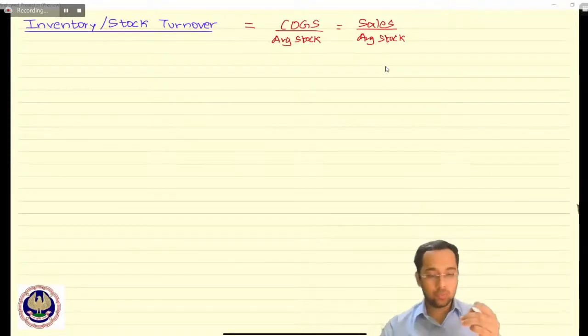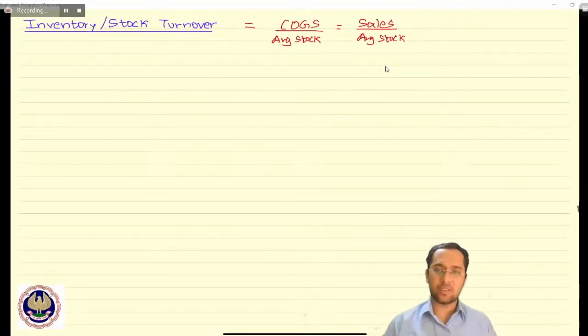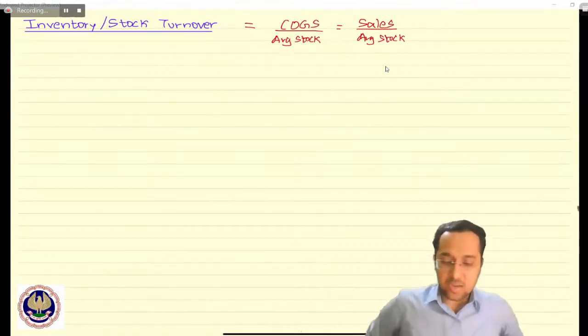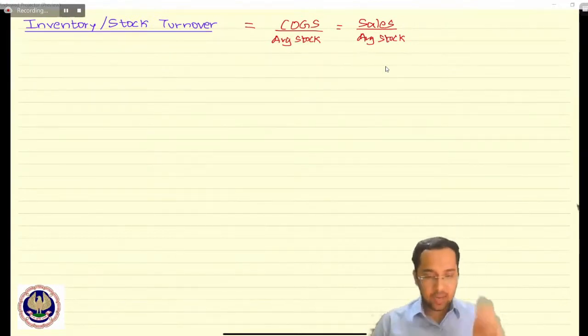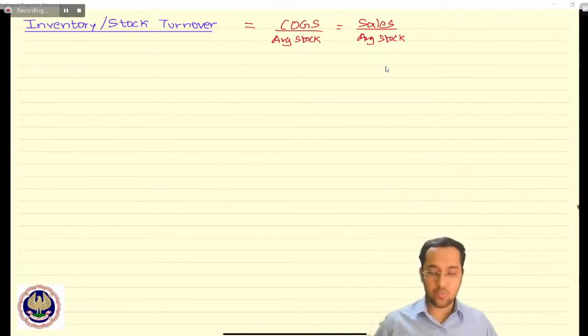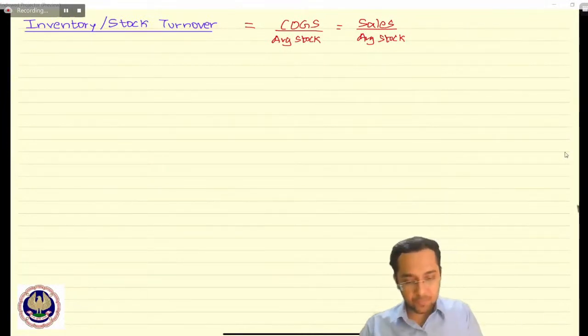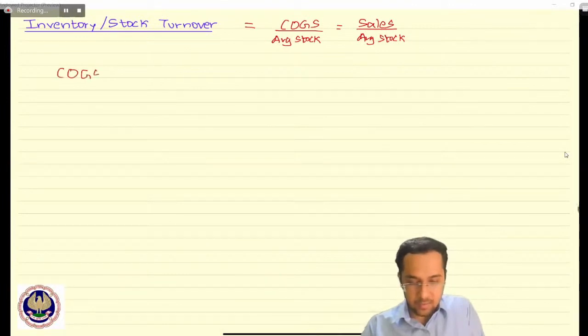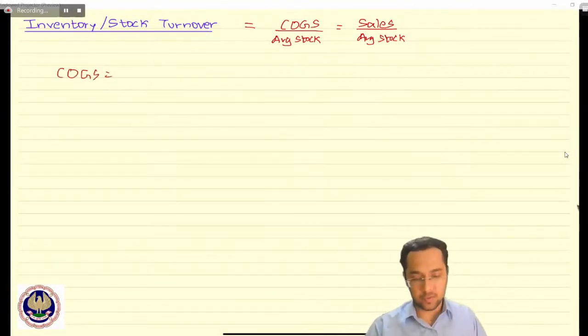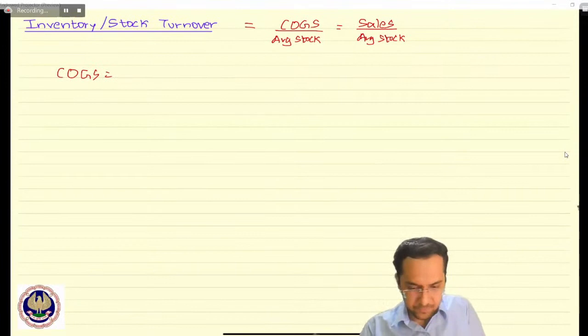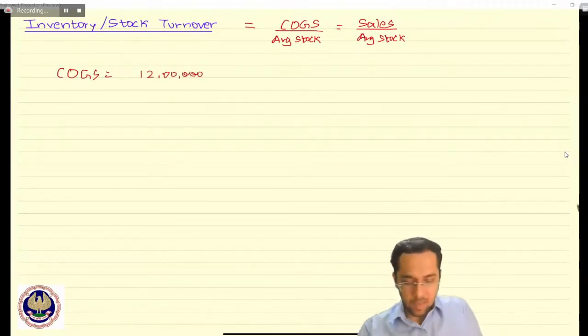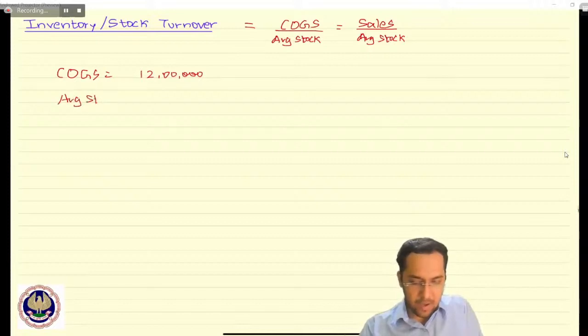Now, COGS upon average stock or sales upon average stock indicates how effectively, how efficiently or actively you are utilizing your stock. But we want to go a bit ahead to understand these numbers also. Let's take an example to understand what these numbers really signify. Suppose COGS of the company is 12 lakh and the average stock that it maintains